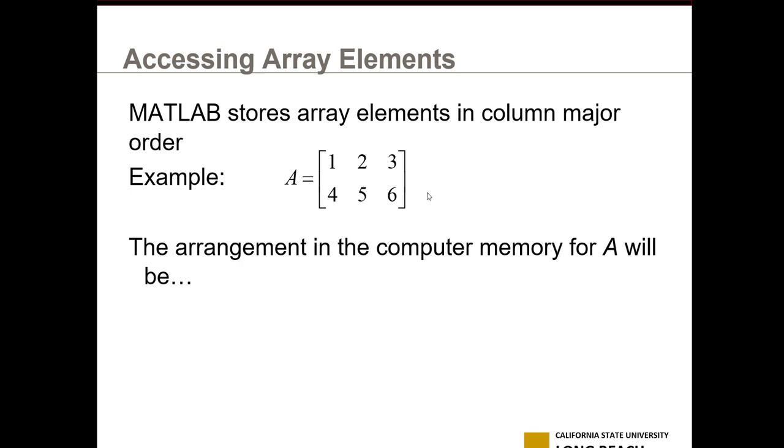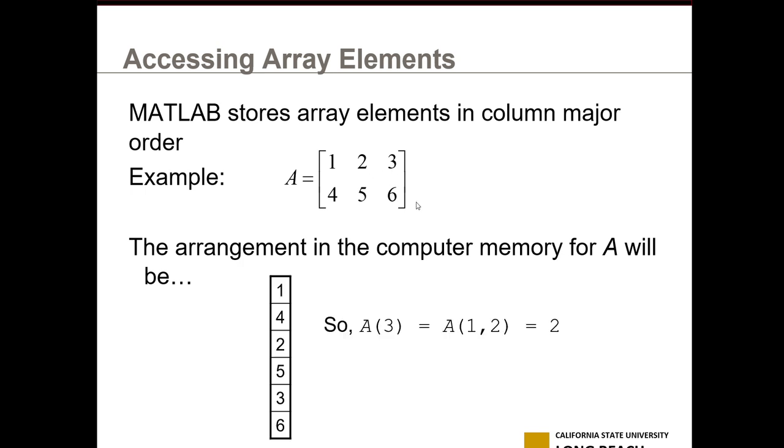However, MATLAB stores data in something called column major order, which means the first element in A is the 1, but the second one is below it. It's going to go through the first column of data. So the second element would actually be the 4. Then the third and fourth element would be the 2 and the 5. And the fifth and sixth element would be the 3 and the 6, looking something like this: 1, 4, 2,